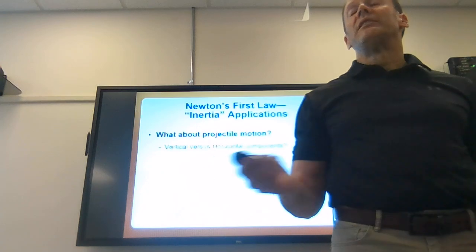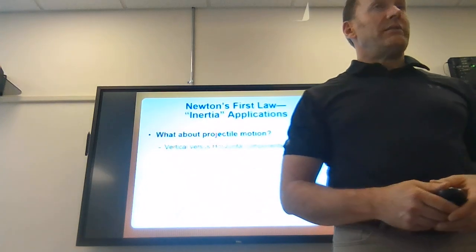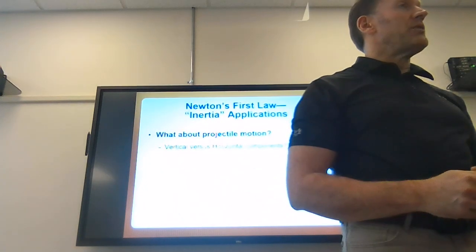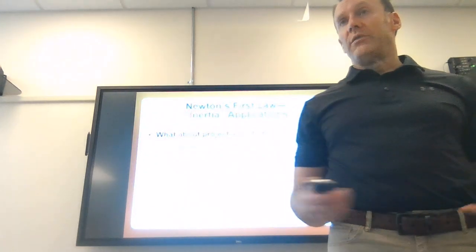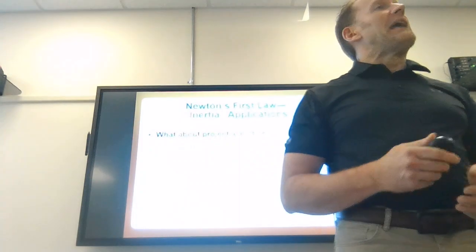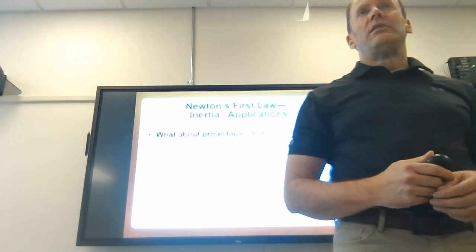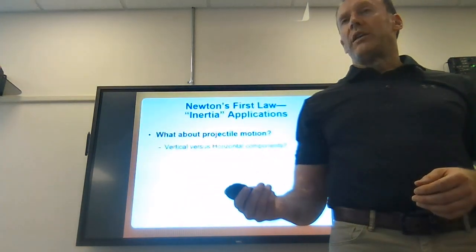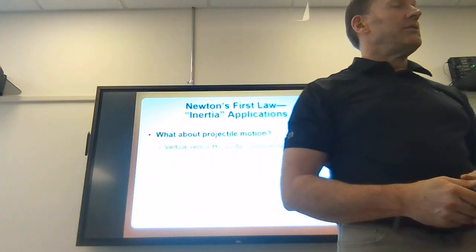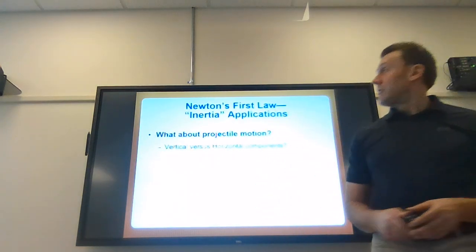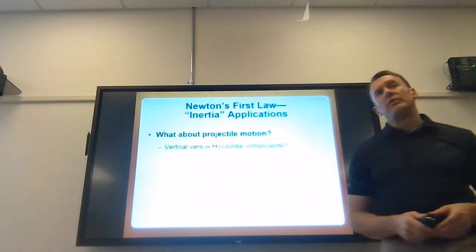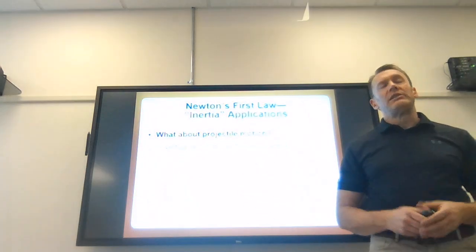So that means there's a constant acceleration, or a constant change in velocity. An object will either be slowing down in the positive direction, or speeding up in the negative direction. So in terms of the vertical component, Newton's first law wouldn't apply because there's acceleration going on